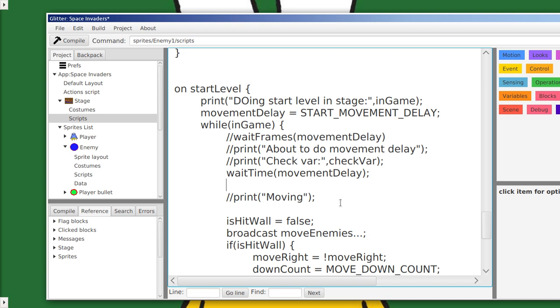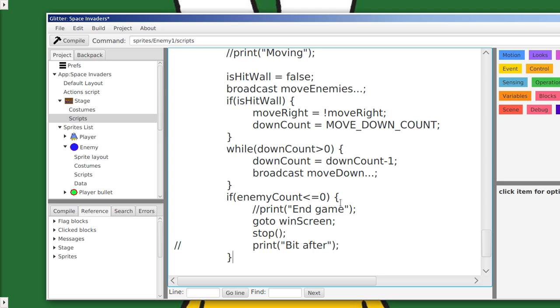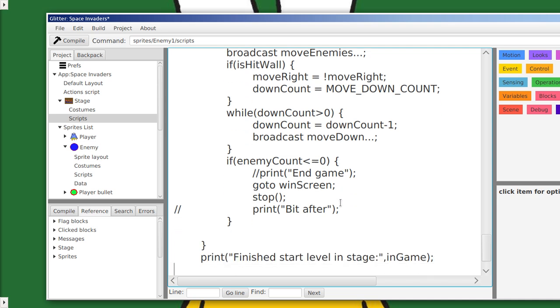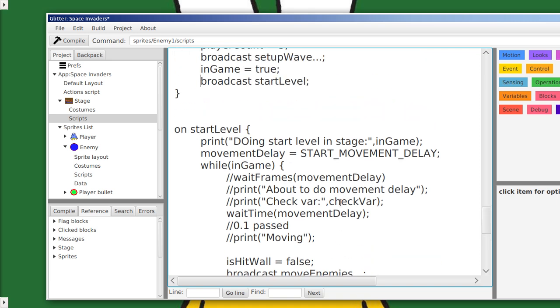So we've waited 0.1 seconds, 0.1 seconds passed, and then we do this code. And we forget this part here because we're not doing this. When we get here, at the end of our while loop,